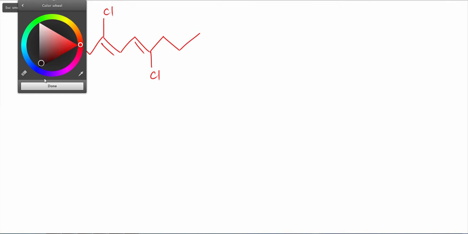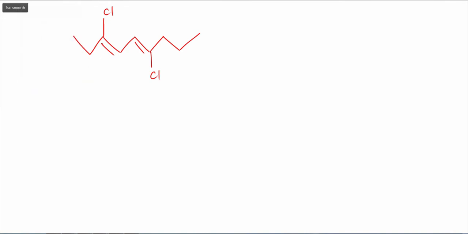So let's try this molecule. Let's see, 2, 3, 4, 5, 6, 7, 8, 9. And let's make a double bond there. Give that a Cl, and let's come pretty close to it and make another Cl. Okay. Now, for numbering purposes, you can see we want to get to the direction that gives us the double